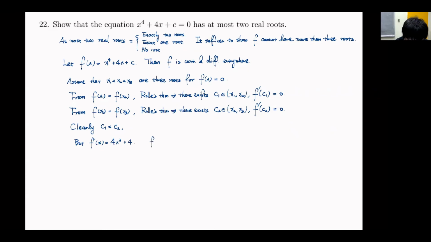And if f prime of x equals 0, this tells me that 4x cubed plus 4 equals 0. So this means x cubed equals -1, and you are actually getting only one solution, x equals -1. So f prime of x equals 0 has exactly one root. So this will tell me that there does not exist